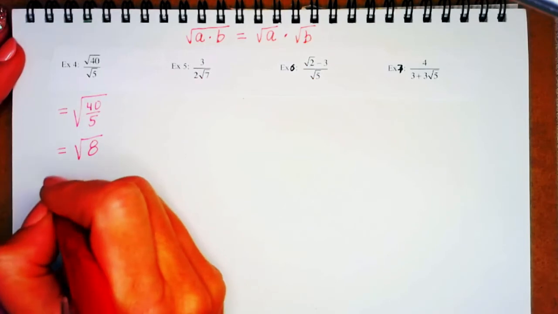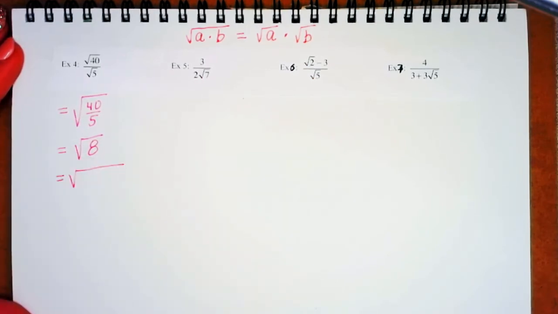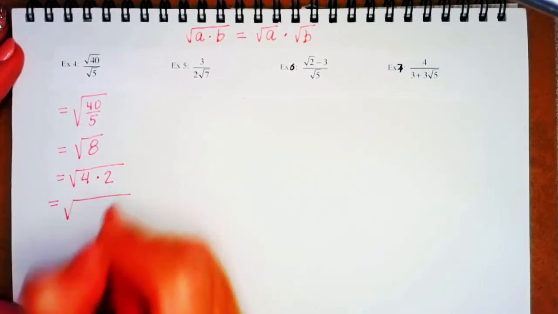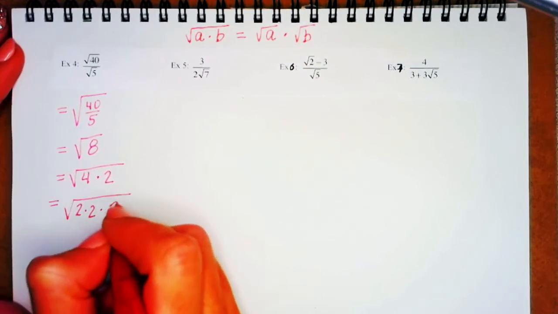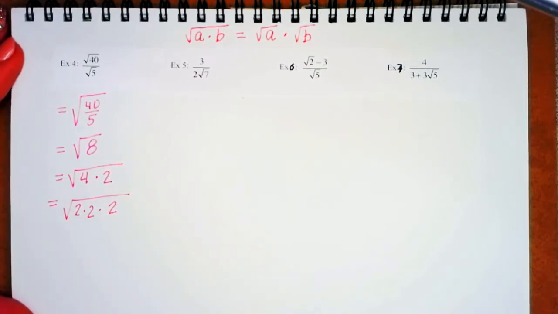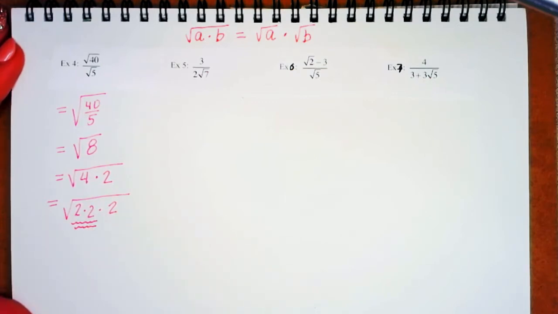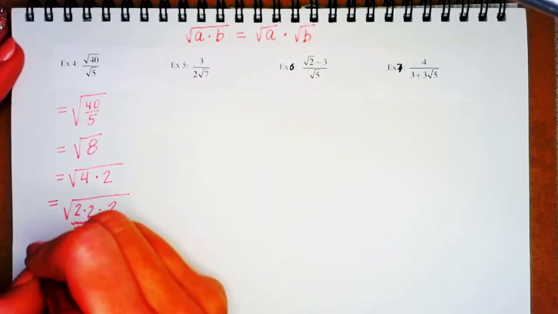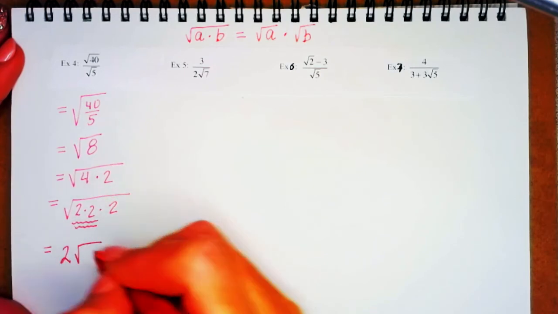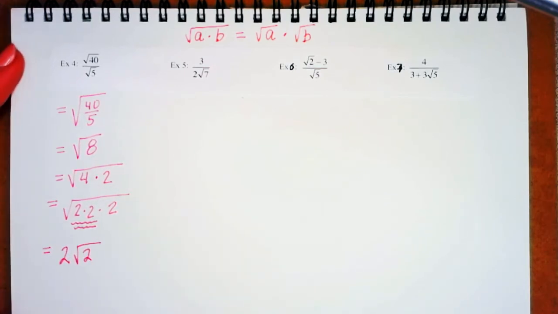And to just show you again how it's broken down as a refresher lesson, 8 is the same as 4 times 2. And I could even keep going. 4 is 2 times 2. So we have 2 times 2 times 2. 2 to the third is 8. By knowing these math facts very quickly, you'll actually keep yourself motivated and moving along really, really quickly and feeling good about the problem. Whenever you have 2 of something, that means it's a perfect square. So 2 times 2, perfect square. The square root of 2 times 2 is 2. So we have 2 square root 2, and that is the final